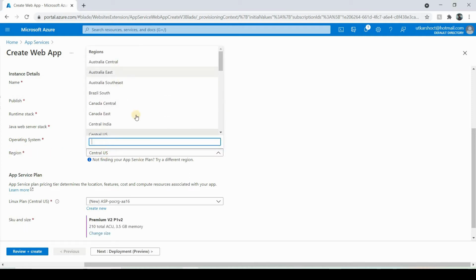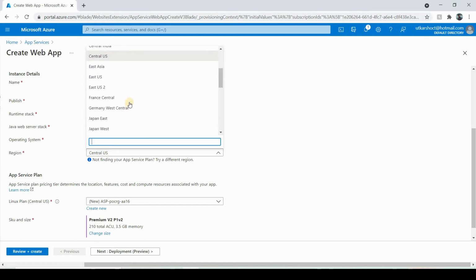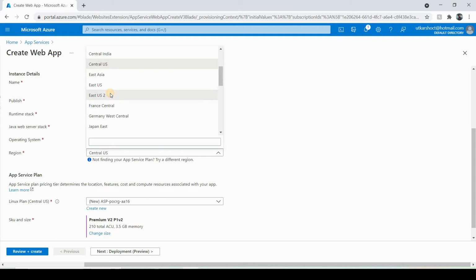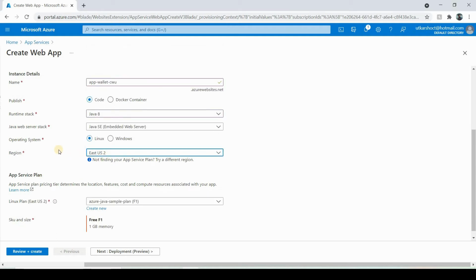Region, again you can choose around multiple regions available, but there are some costs associated with some regions, so you can avoid them. I'll go with the East US,